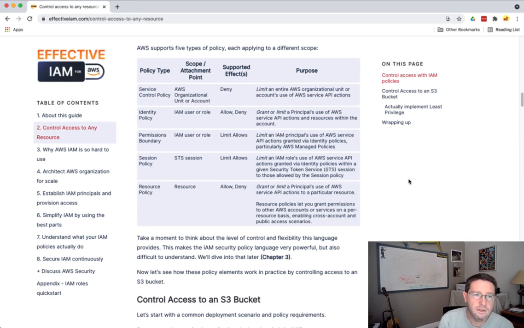Resource policy attaches to the resource. It supports allow and deny. Its purpose is to grant or limit a principal's use of AWS Service API actions to a particular resource. Resource policies let you grant permissions to other AWS accounts or services on a per-resource basis, enabling cross-account and public